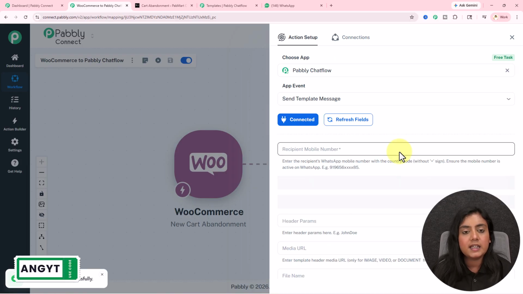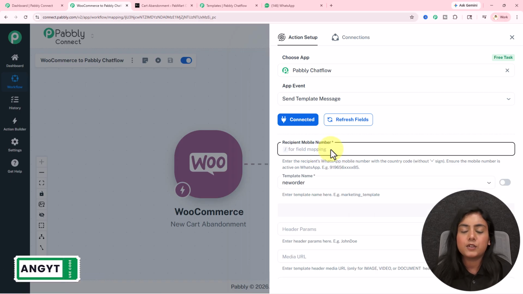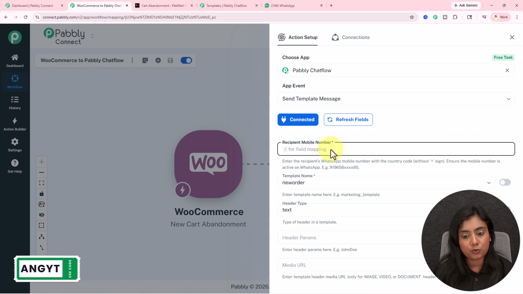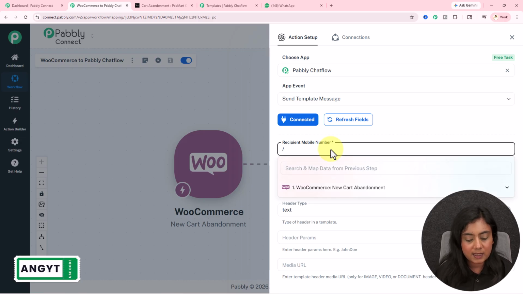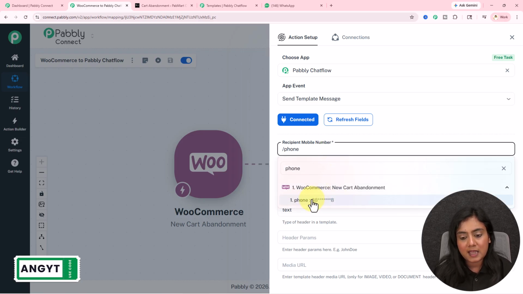Okay, now after the connection has been created, firstly it is asking for the recipient phone number. To which phone number do you want to send this WhatsApp message? For the data of this field, I will map the data. Mapping is inserting data from the previous step. Where you want to map the data, add a slash right there and search for the phone number. As I want to send a WhatsApp message to this phone number,